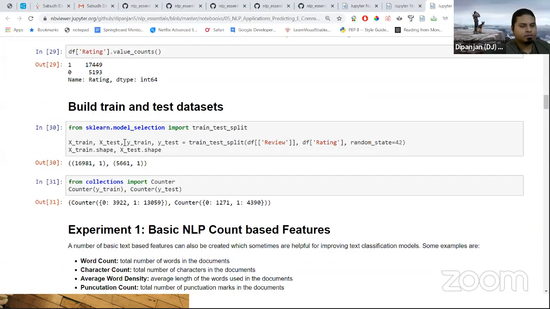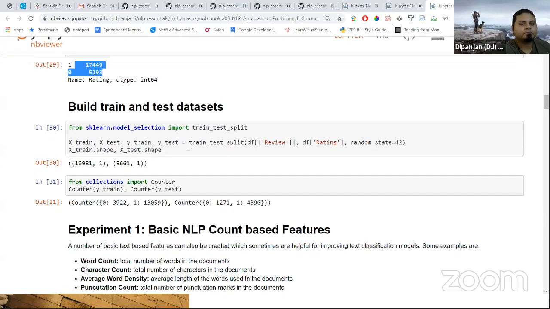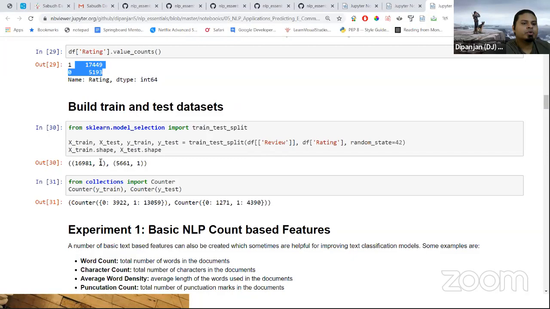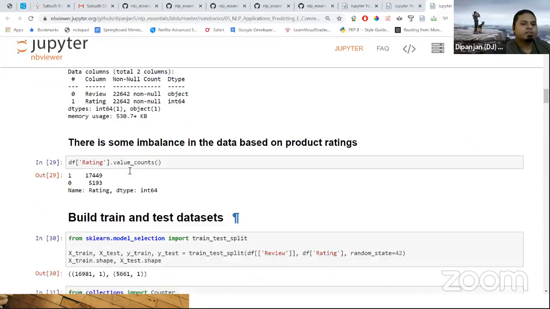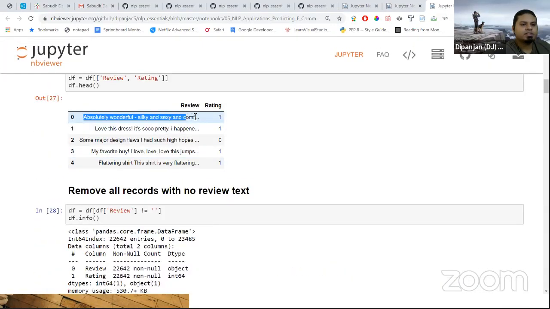The next step after the initial distribution analysis is to do a train test split, where we extract our training data, which is 16,000 or 17,000 odd reviews, and the remaining 5,600 reviews are my test data set. You can look at the class distribution again if necessary, but now let's convert this text data into some numeric